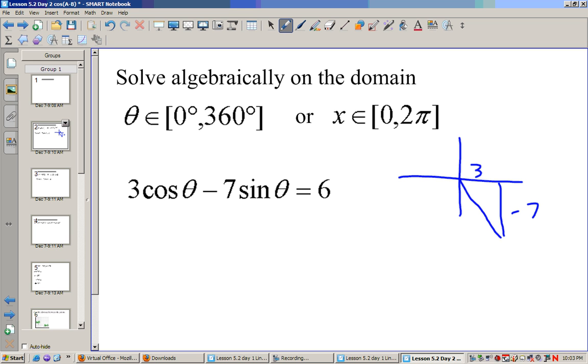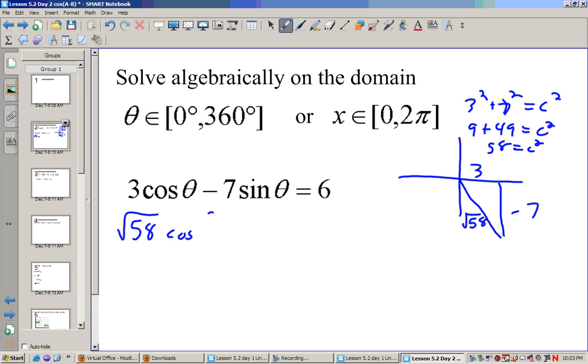And to find our new amplitude, I use the Pythagorean theorem, 3 squared plus 7 squared equals c squared, which is 9 plus 49 is equal to c squared, so that's going to be 58 is equal to c squared. So this is going to be the square root of 58. So square root of 58 cosine of theta minus, well, if we look at this, since this is in the